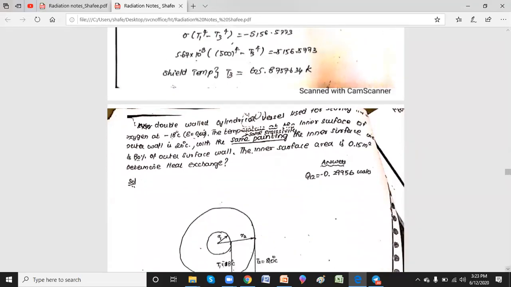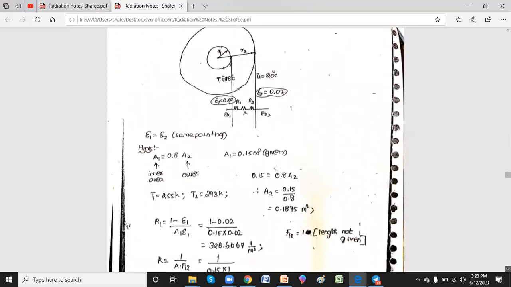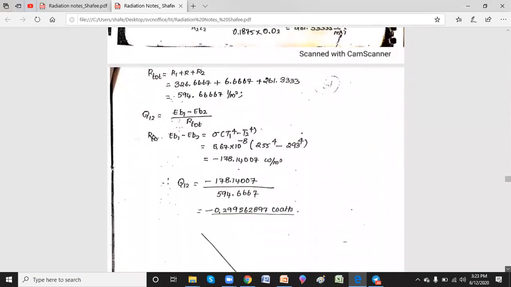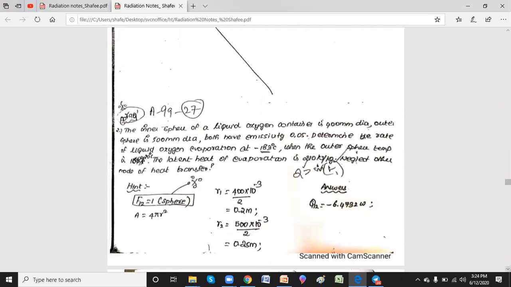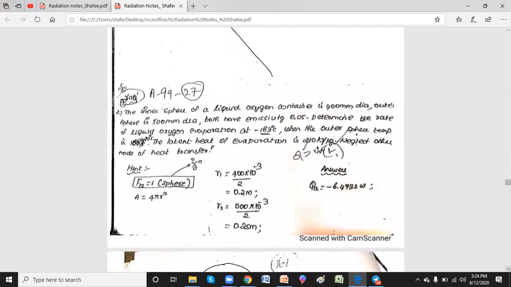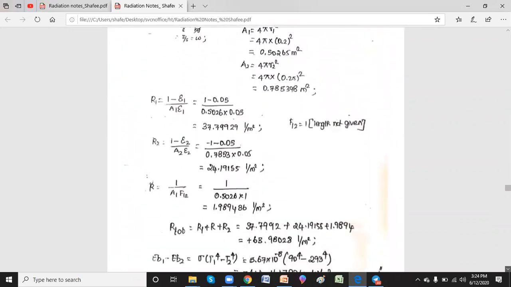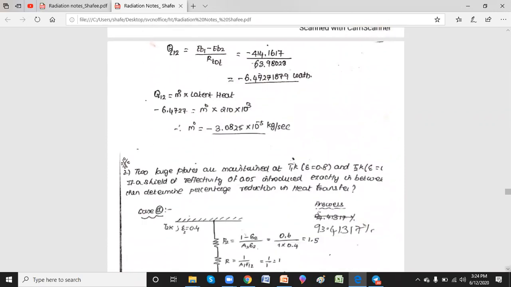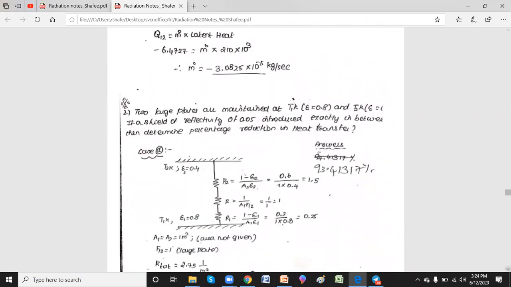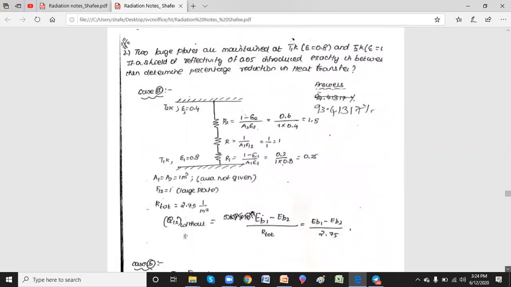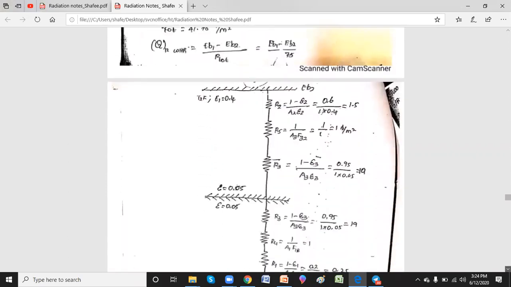Now this is a cylindrical vessel. Previously we have taken, I think this is a problem without any shield. I'll just see whether it's a shield problem or not. Yeah, now I'll take this one, liquid oxygen. You don't have to worry because it's a cylindrical vessel, everything is the same. Now I will take one more example. Instead of parallel planes, the procedure is the same. That is already worked out here.